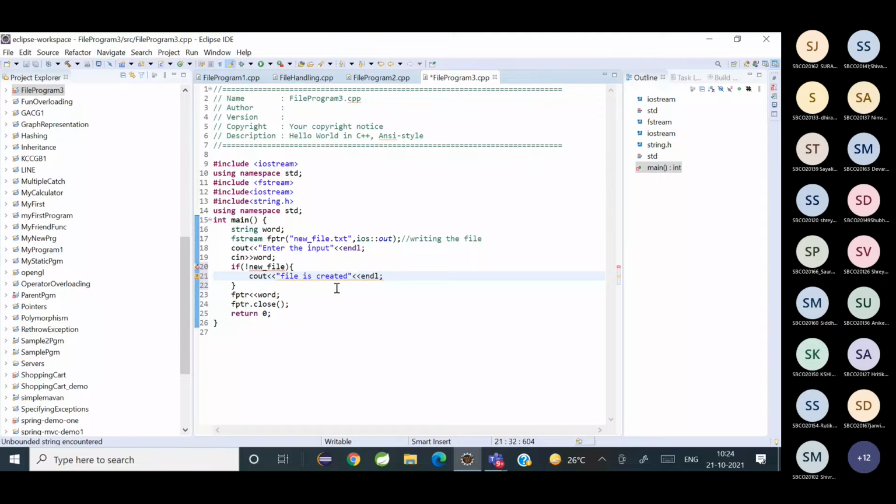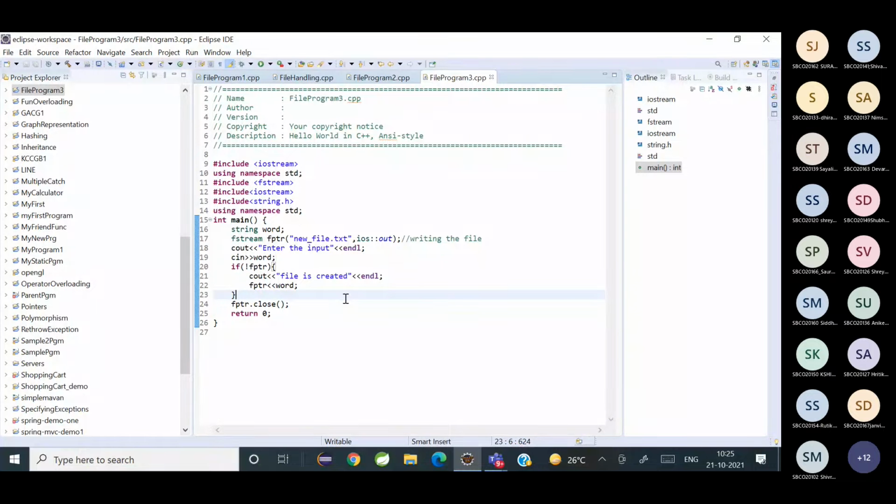So what does this mean if I say not fptr? Can somebody tell me? Any idea? Not fptr, it is checking whether the file exists or not.